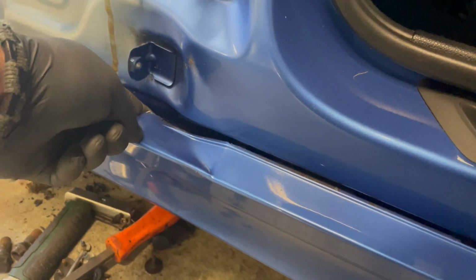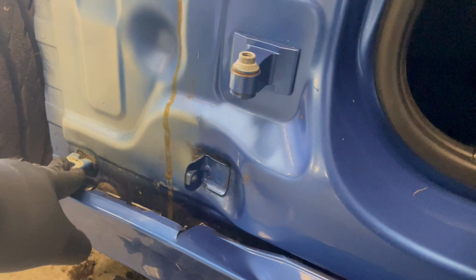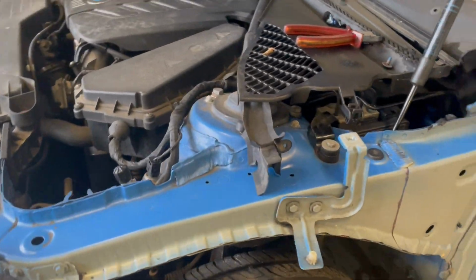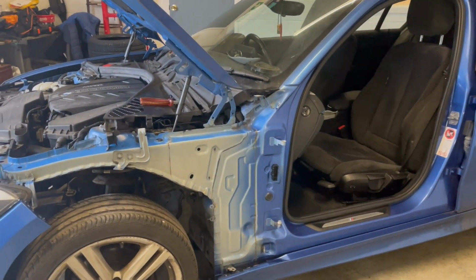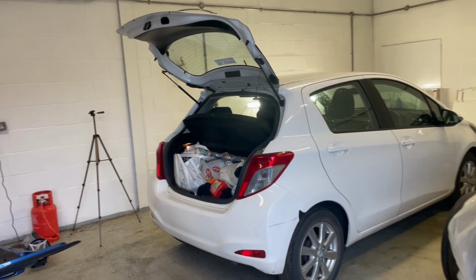The side skirt looks like it'll probably straighten up a wee bit with a bit of a heat gun. There's a couple of clips broken on it, might need to re-straighten that tab. Door hinges and everything are okay. Stephen's already been round with a brush and gave it a clean, he's hoovered out all the channels and stuff, so it'll drain water now. And yeah, that's that one stripped, so we'll probably get the door on and then we'll move on to the